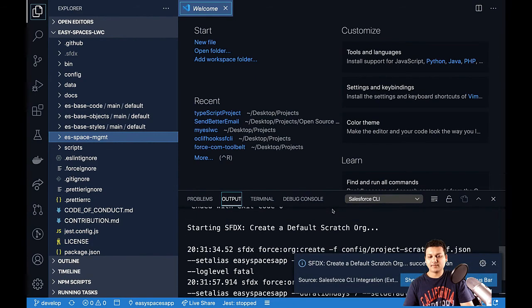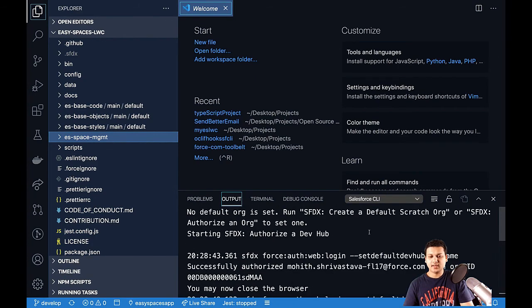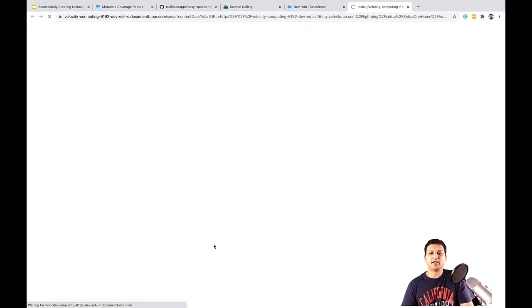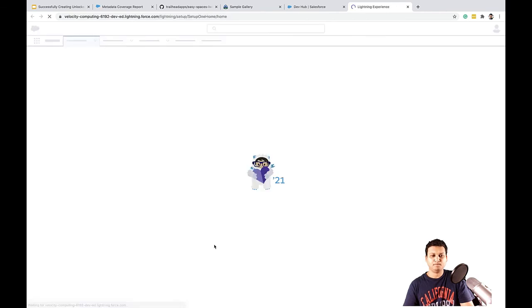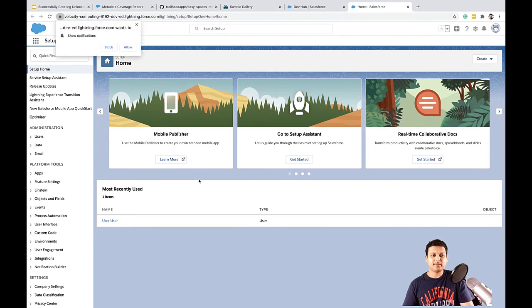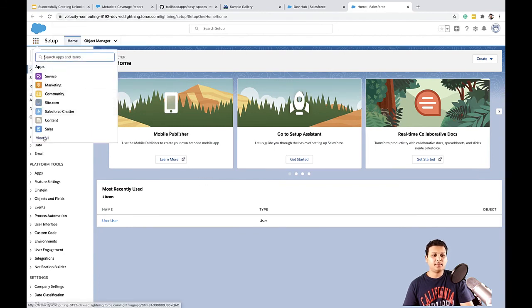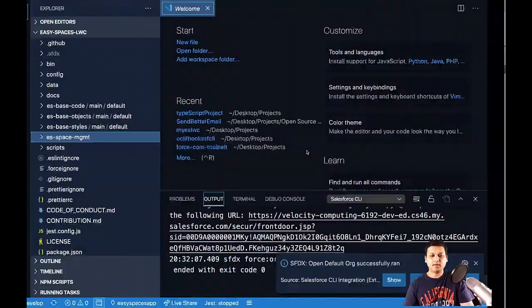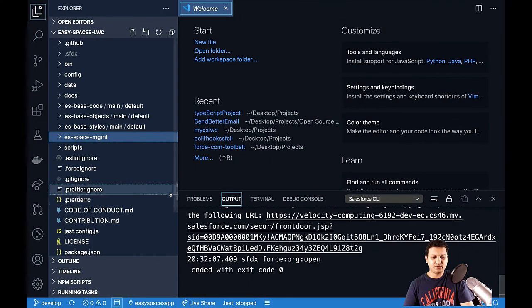All right, so now we have created the scratch org, and I can open the scratch org by using this browser icon here, which essentially runs the sfdx force org open command. All right, so now I have the scratch org. Now this org does not have our application code because it's a blank, empty scratch org. Now we want to push that. Before that, I want to make sure you pay attention to one of the files,